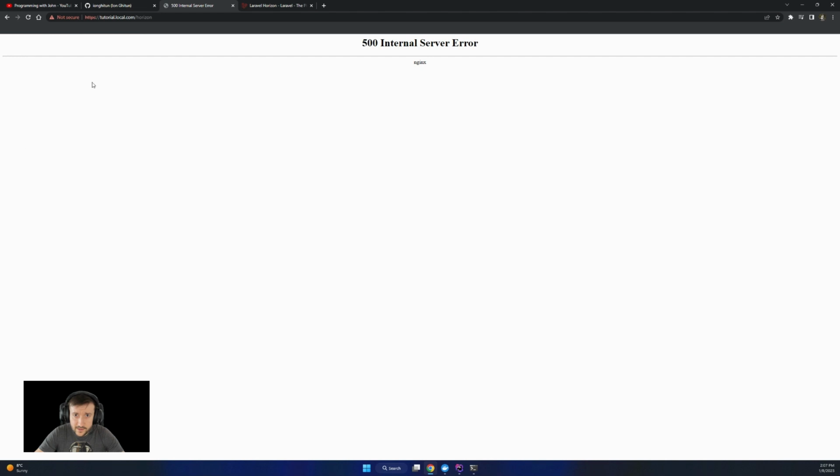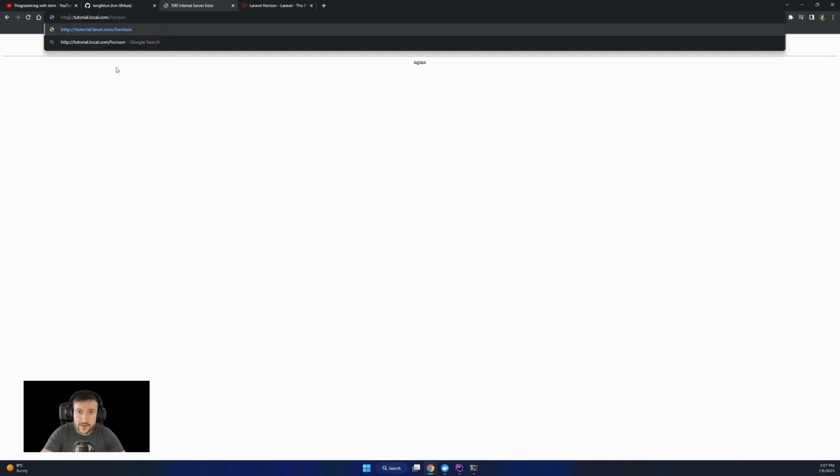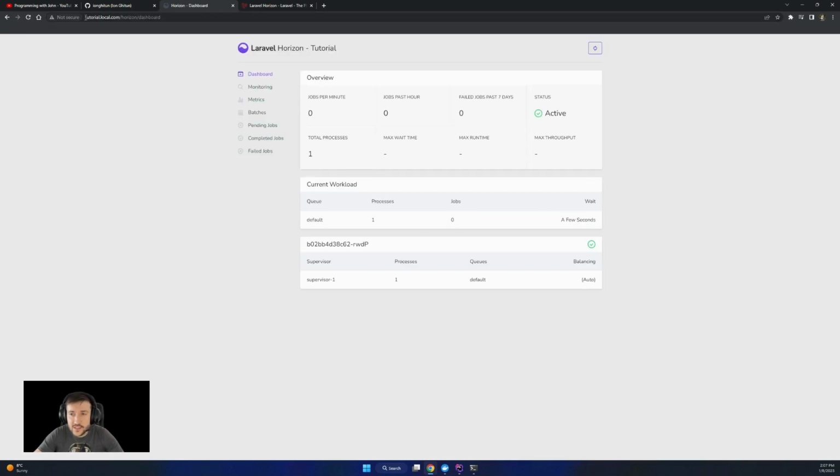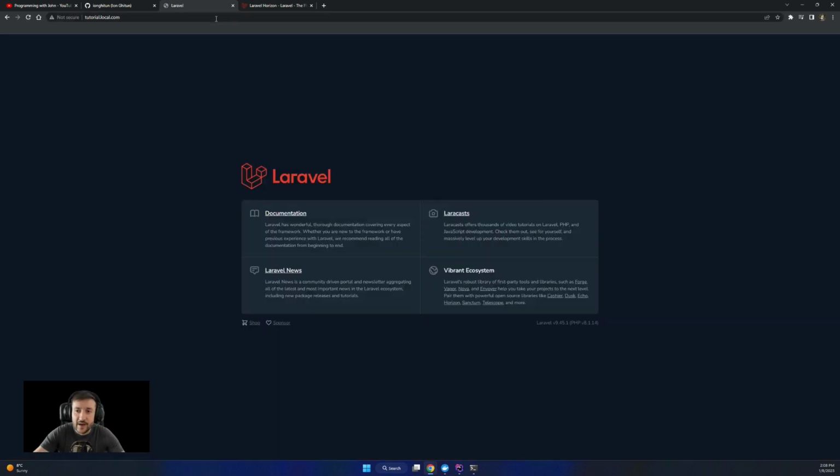Oh yeah, I think I need to define it, I'm not sure why it keeps adding https. I'm going to fix that. So this is the Horizon dashboard, but we'll talk about that when it's time.